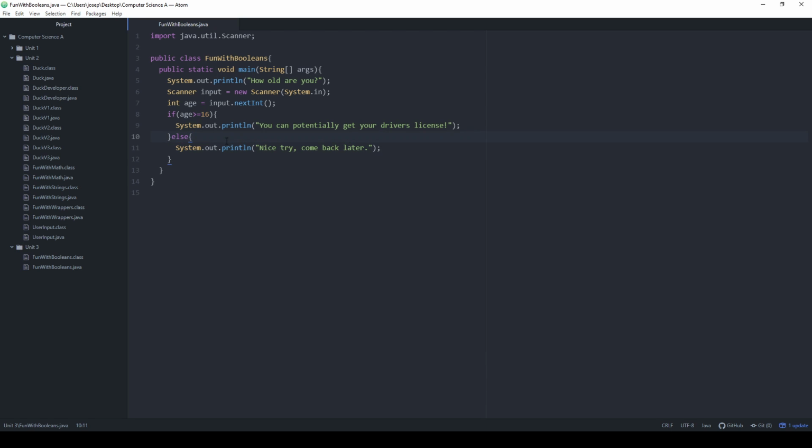Okay, so ifs by themselves are useful, but the if-else statement really changes things and allows me to make different decisions, or multiple different outcomes, depending on what the input is. And there's even one more layer to this. So let's say not only do I want to test to see if they're greater than or equal to 16, but let's say if they are younger than 10, like what are you even doing? So I'm going to test to see